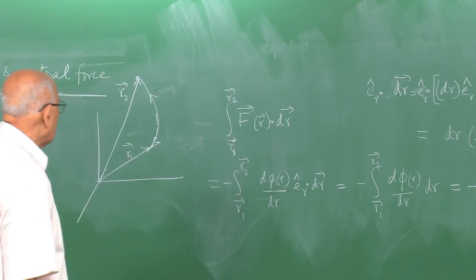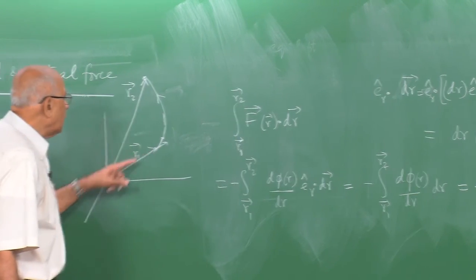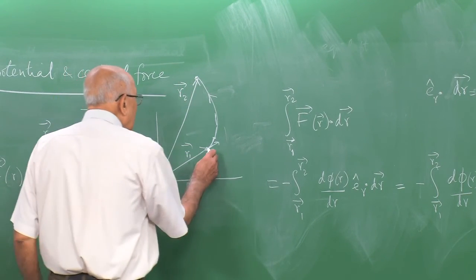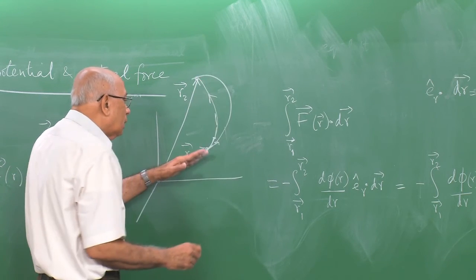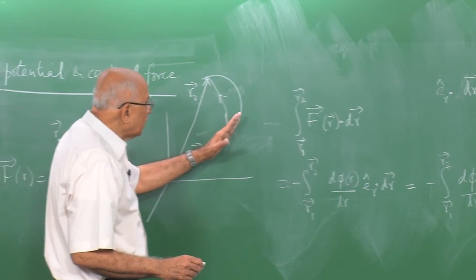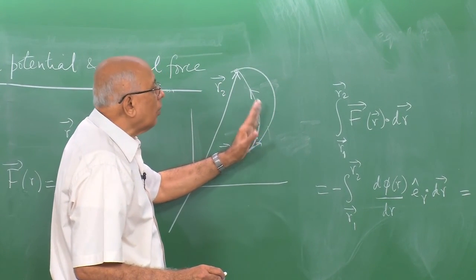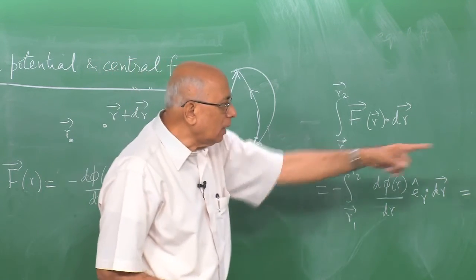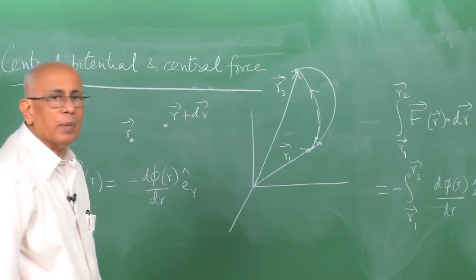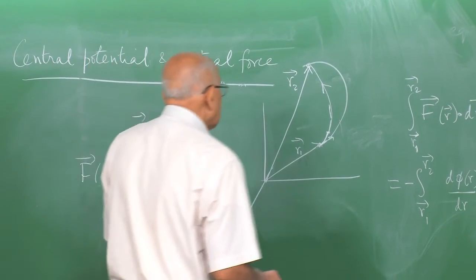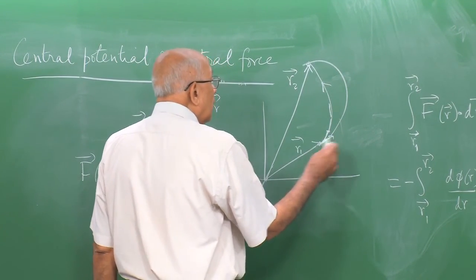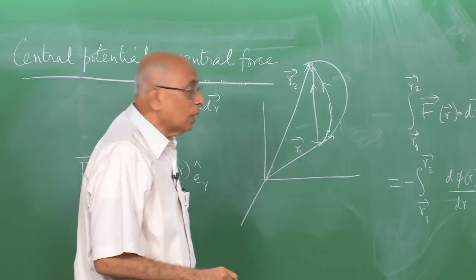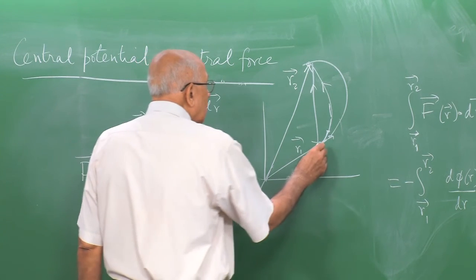And in this case of the central potential, this is a function of only this distance little r1 and the distance r2 here. Therefore, if I took any other path, all that would be relevant would be in each infinitesimal displacement, what's the component of this force in the radial direction. That's all that's relevant, and it immediately leads to this answer here, phi of r1 minus phi of r2. So it immediately suggests that you could as well replace this path by a straight line path, and you'd get exactly the same answer. No matter what kind of path you do,